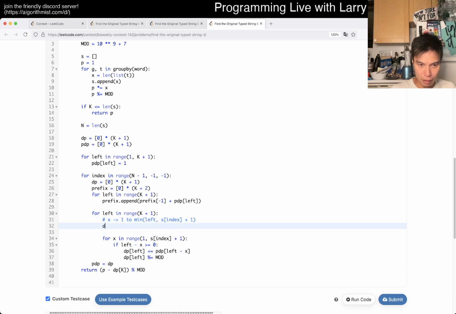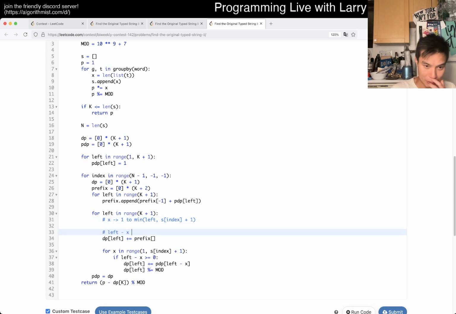Right, so now it's the equivalent of, I'm going to get some off by 1 indexing. Is that true? No, x goes from 1 to the min of that, so then the indexing is going to be, okay, this is too hard for me to do normally.